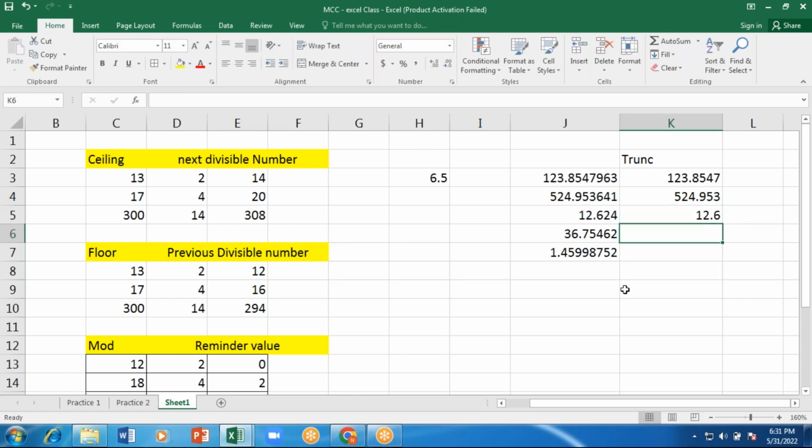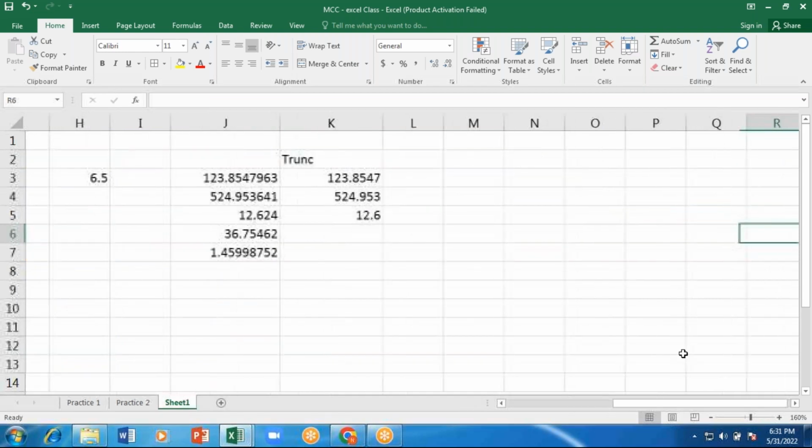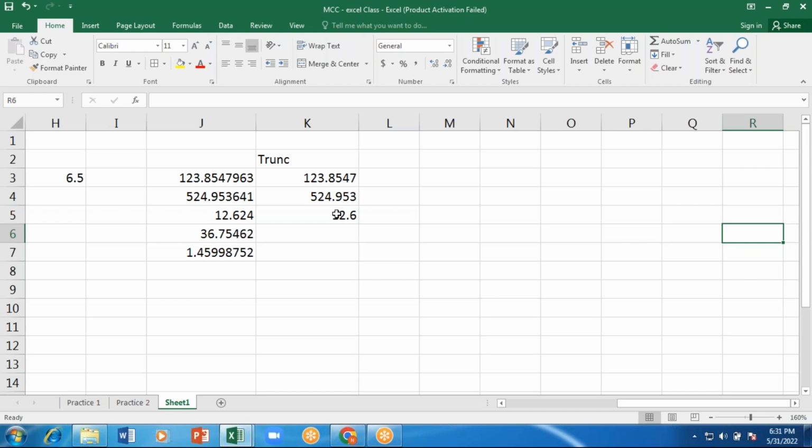As many decimal places as you would like, that many places you can keep on asking. So this is how you will be doing it. In case you want 2 places, 10 places, or 5 places, you can keep giving. TRUNC will display as many decimal places as you ask for, and it will not get rounded up. In case you want the round off, what you have to do is